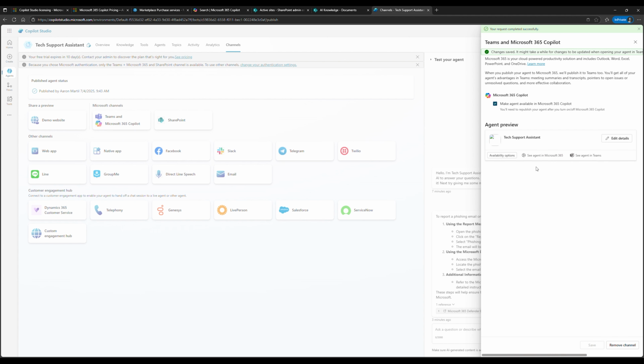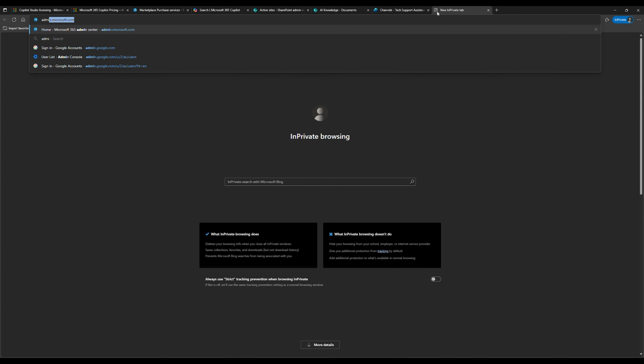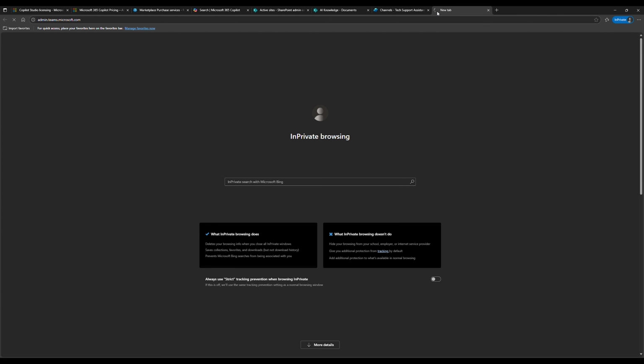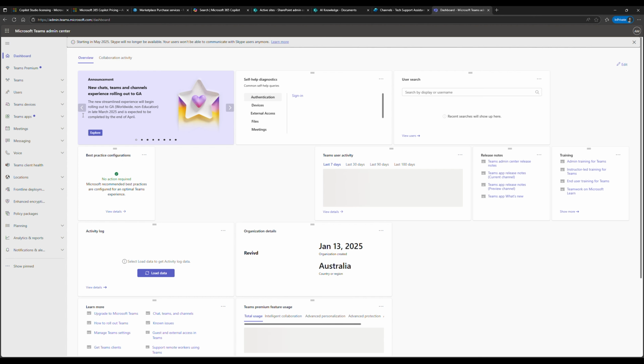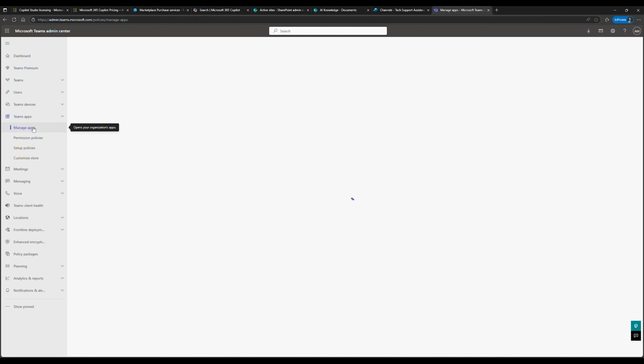So since that is done, what we can do next is we'll leave that page open, and let's go to the Teams admin center. So I'm going to go to admin.teams.microsoft.com, and I've already signed into my administrator account, so I'm just gonna wait for this to load, and then once it does load, you can go into Teams apps here. You can go into manage apps,